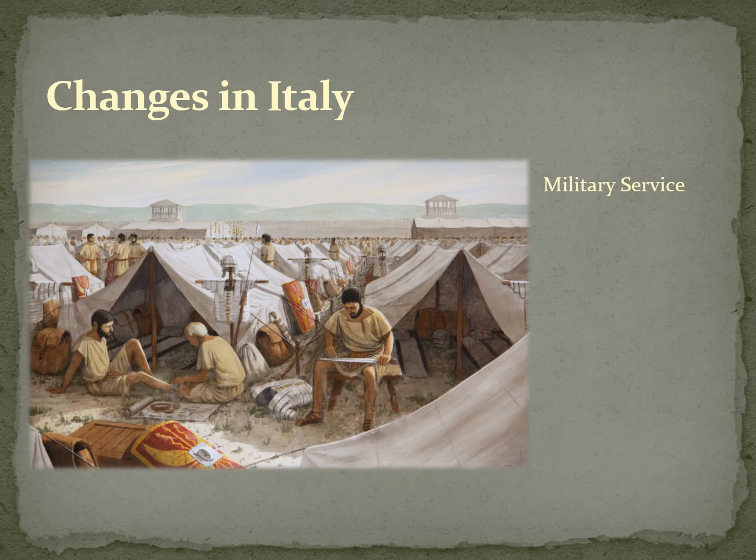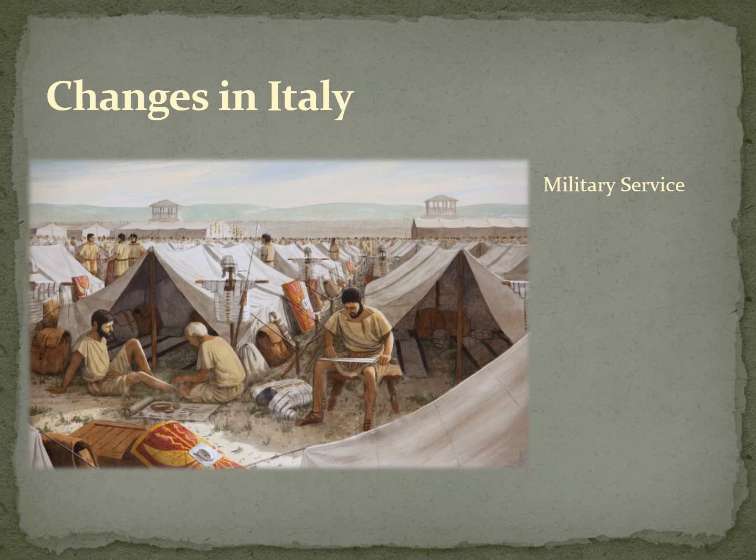This began to change as Rome began to fight professional armies. As Rome fought kings who had their own professional armies, these armies could stay in the field longer, and so if the Romans wanted to be successful, they would have to stay in the field longer. Also, the Romans were fighting wars further and further away now. And so it was really inconceivable that you were going to only spend a month or two in the service. 6 years became more like it.